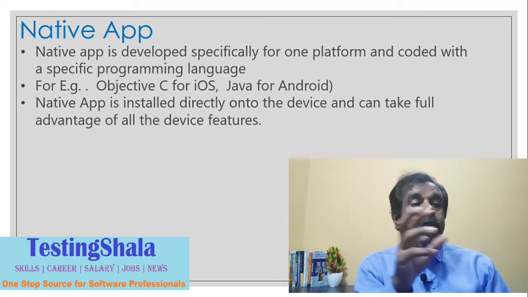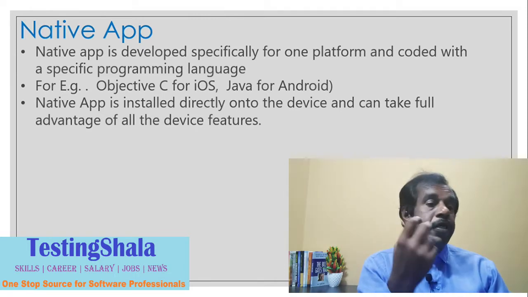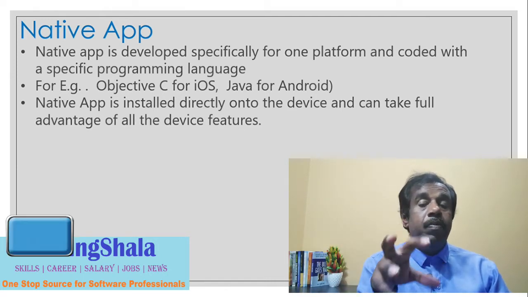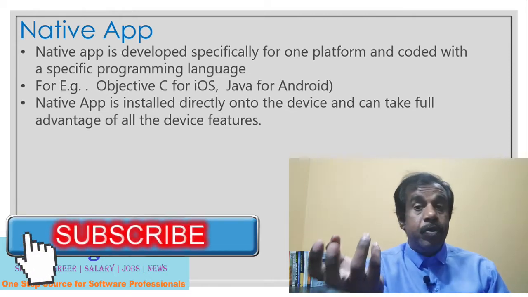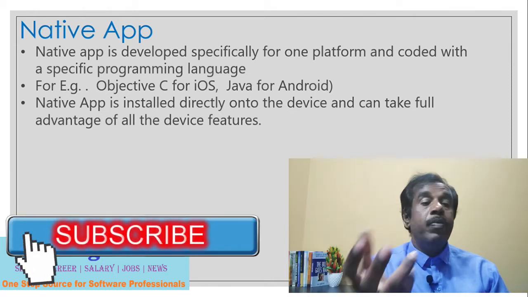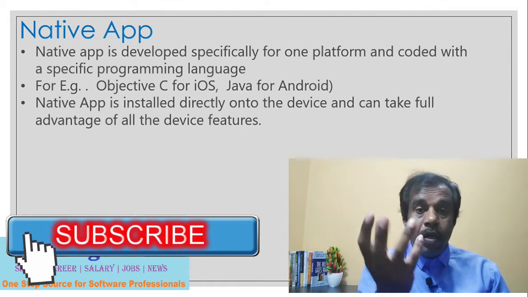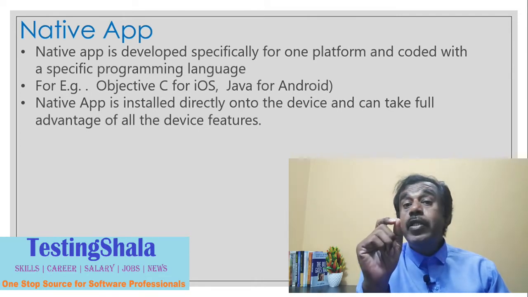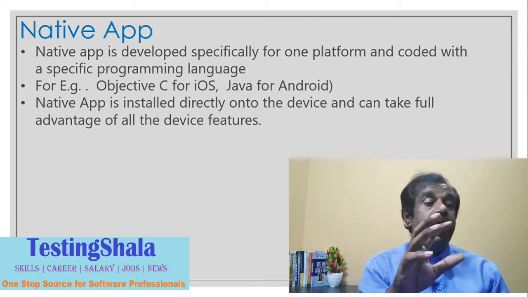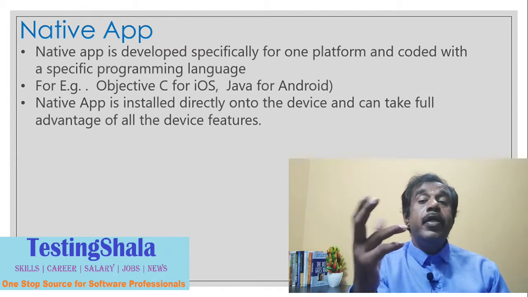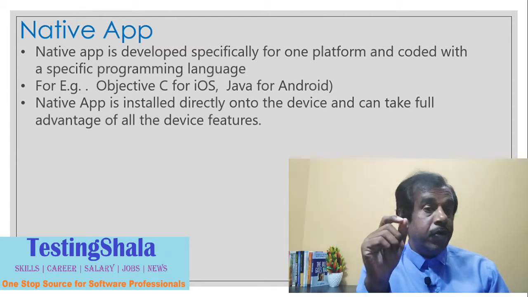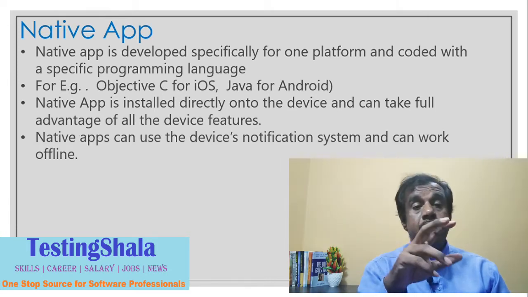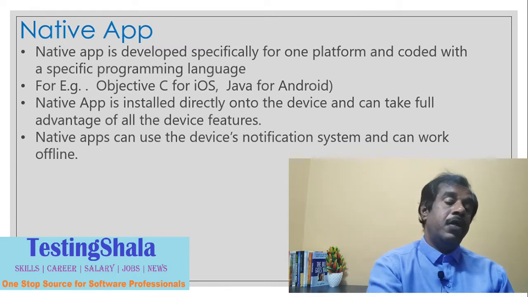Native apps are installed directly onto the device. Let's say if you have an iOS device, you can directly install that app completely onto the iOS mobile phone, which is the Apple mobile phone. And whatever features are available in the mobile, especially hardware features, you can easily access them because you're able to code directly to access the hardware of the mobile devices, and you can get as many benefits as possible out of these native programming languages.